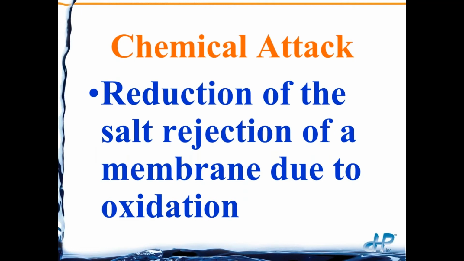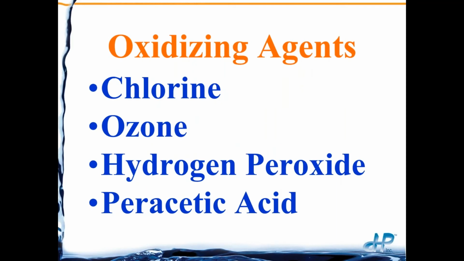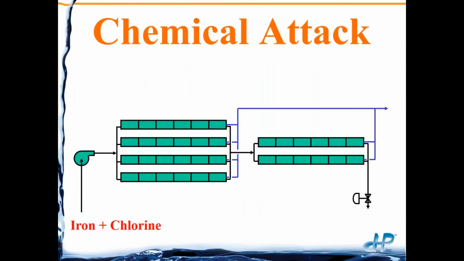Chemical attack. Chemical attack is, of course, where we're starting to get damage on our membrane itself. Most commonly, this is going to be from chlorine coming in and then burning holes in the membrane, but it can be any oxidizing agent that can cause us, of course, membrane damage or chemical attack with membrane damage there. Now, where that occurs, there's a couple ways this can occur. If we have rust particles coming in, those rust particles are going to get trapped by the feed spacer in that very first element, and it's going to act as a catalyst to the chlorine, and it'll burn holes in